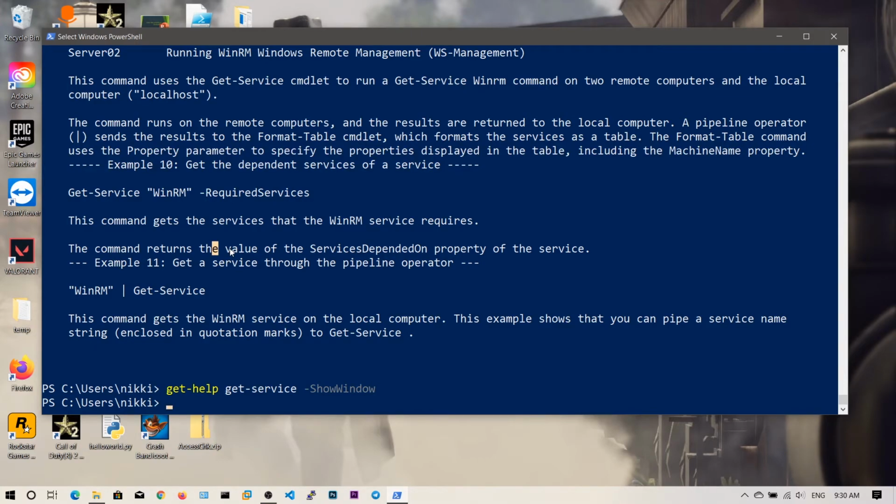You can remember a few important ones that are useful for administration tasks. If you don't know the cmdlet, you can just type Get-Help and Get-Command. You can search for the required cmdlet and type Get-Help to get the help manual page. So that's how you learn about a new cmdlet. So you don't need to remember all the cmdlets. Okay.